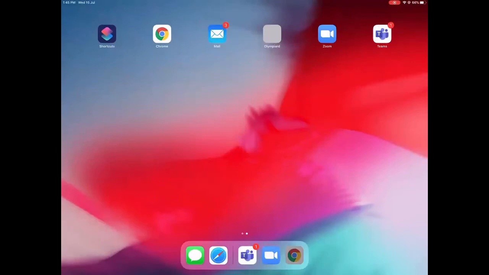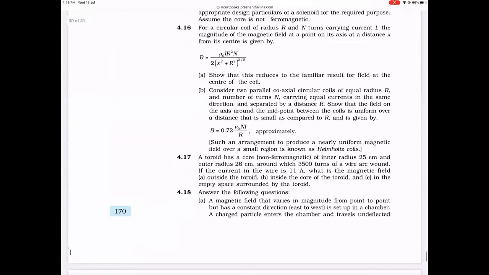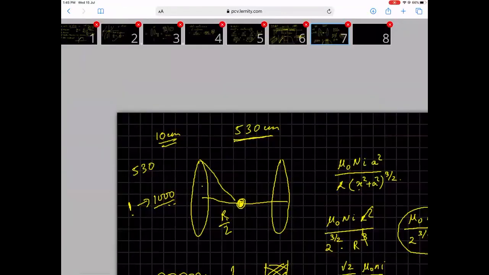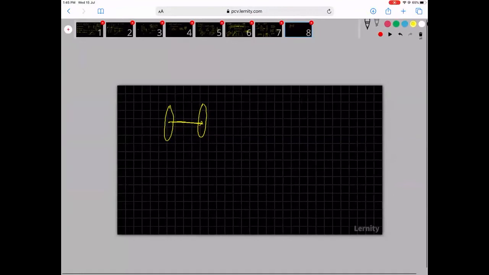Are we getting it? So draw diagrams. This question had come in a JEE Advanced paper before. They asked you to draw the graph of the magnetic field from one end to the other end. Suppose there is one coil here, another coil here, separated by some distance. They asked you to draw the magnetic field as you went from here to here. That was a JEE Advanced question.